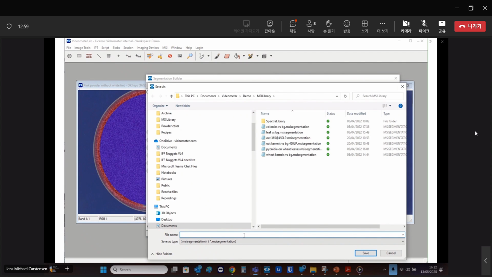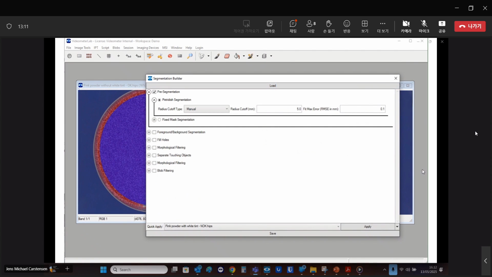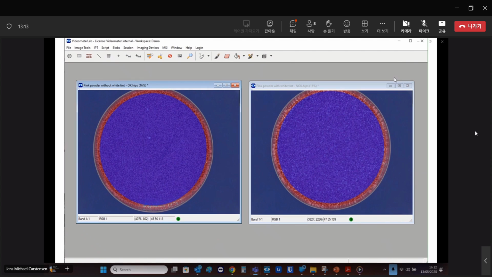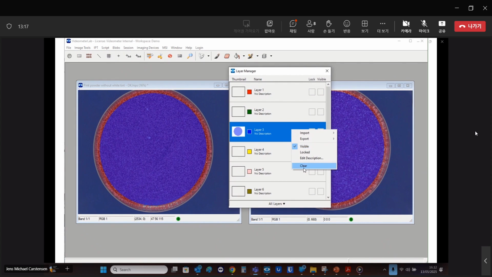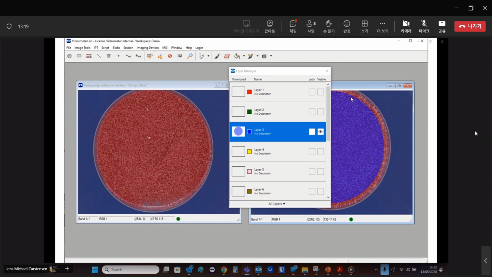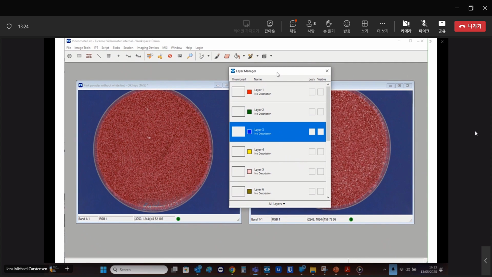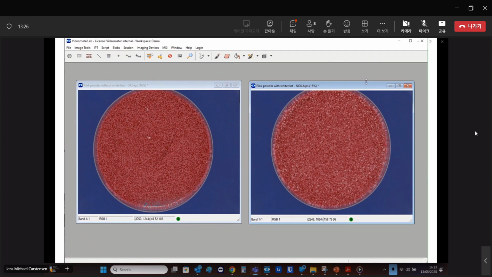We call it petri dish with 5 millimeter margin, and I save it, and then we leave this one. We can go up here and clear the layer because we don't need that anymore. We clear also the layer on the other image and go back, and now we enter into the second step,